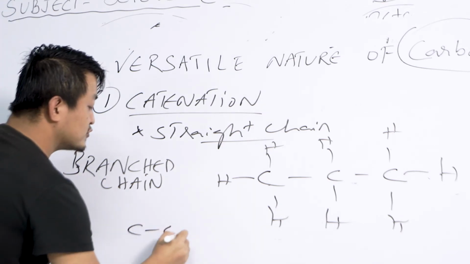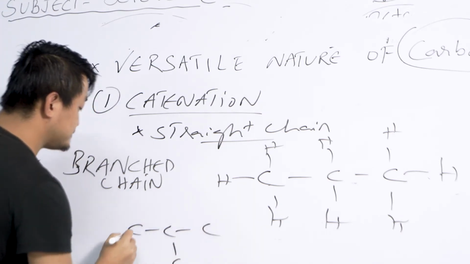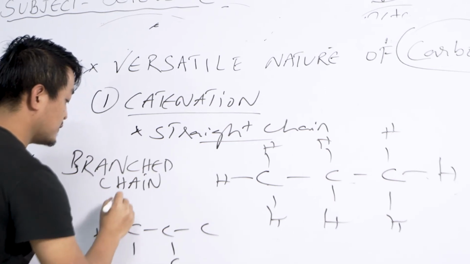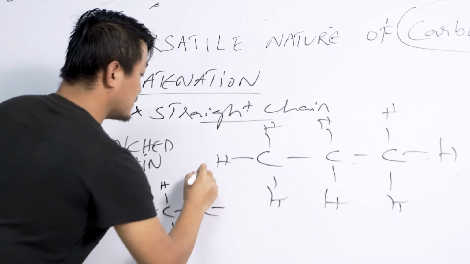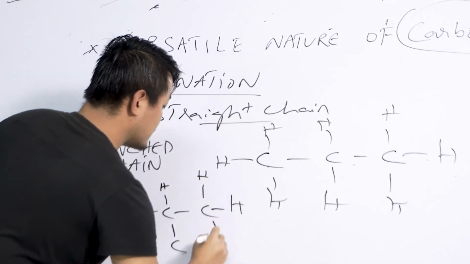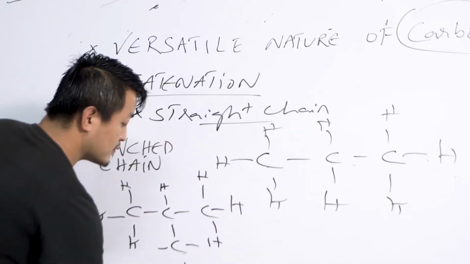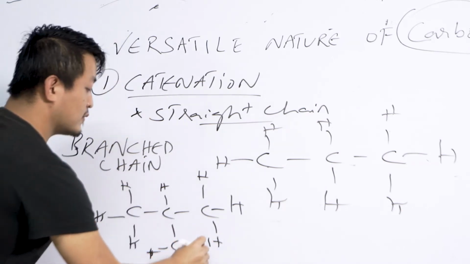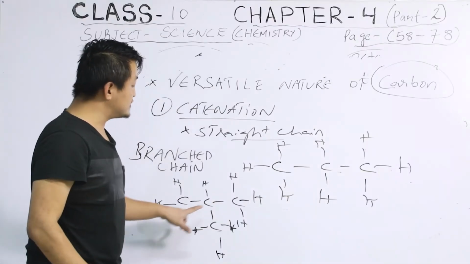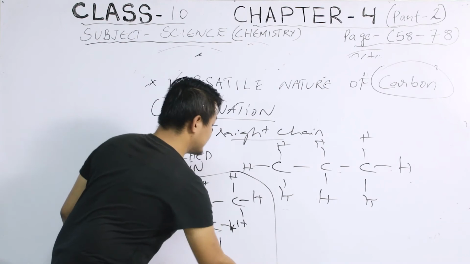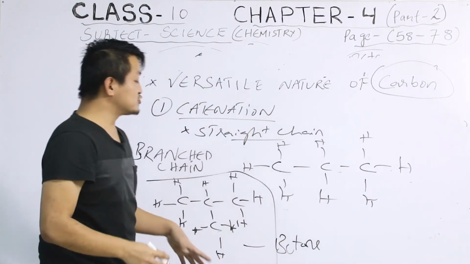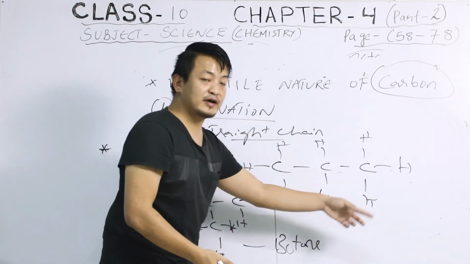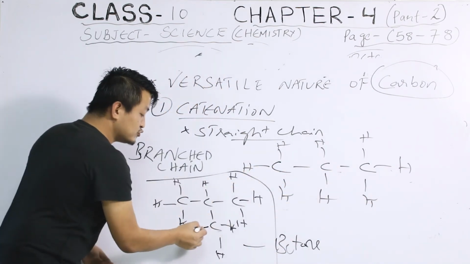So 1, 2, 3. Now, students, if we count this structure, this is different. This is butane. But butane, I can also show in a straight chain like this way, or I can also do this way,